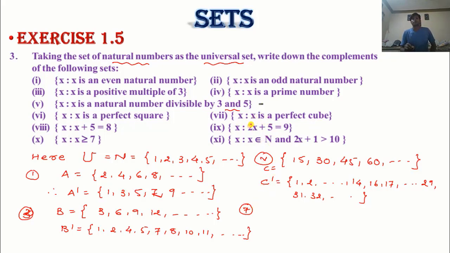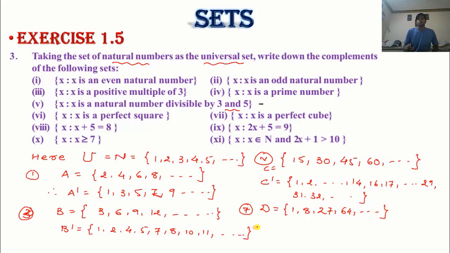So obviously you have to speak the value of the cube. 1 cube is 1, 2 cube is 8, 3 cube is 27. So all those cubic numbers lie in this one. And as the set is mentioned here as natural numbers, you have to consider only natural numbers. You don't consider real values. So for the 7th one, suppose I consider that as D, then D equals 1 cube that is 1, 2 cube that is 8, 3 cube that is 27, 4 cube that is 64 and so on.